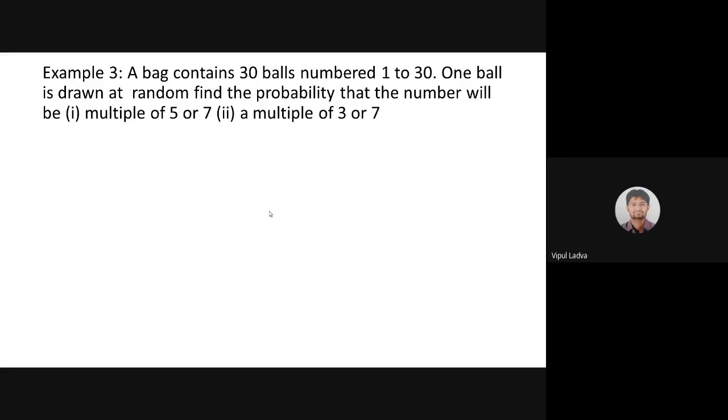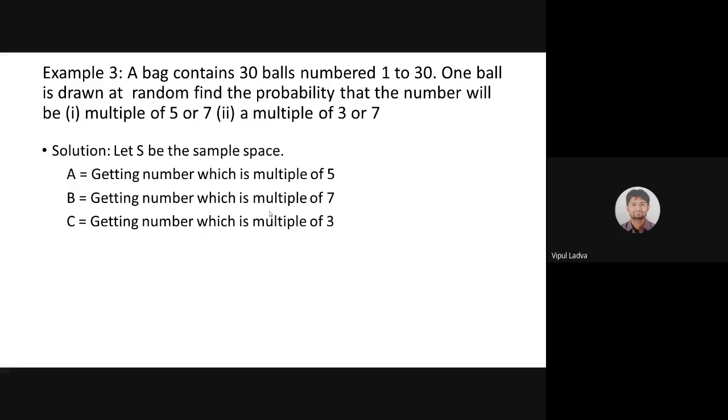The formula was P of A union B equals P of A plus P of B minus P of A intersection B. I was asking in the previous session why the formula differs for both, and I did not receive a satisfactory answer from your side. I just remember that, but let me show you how to represent it properly in the examination. If this question is in your final exam or mid-sem exam, this is the way you should present it.